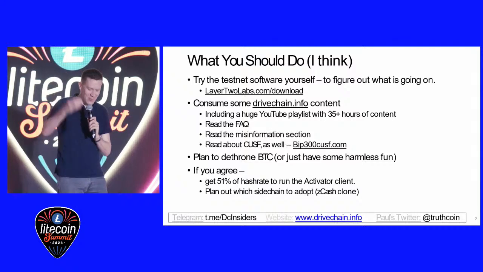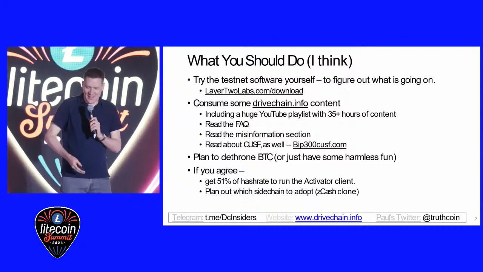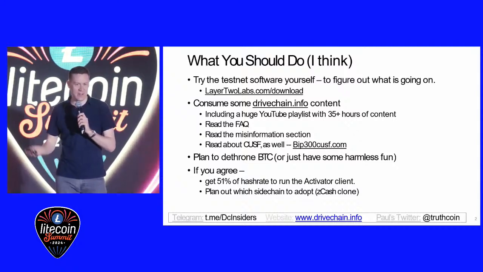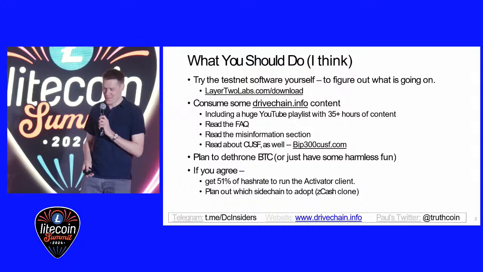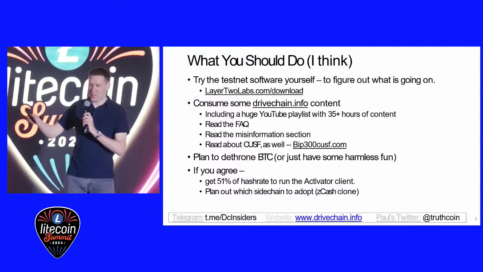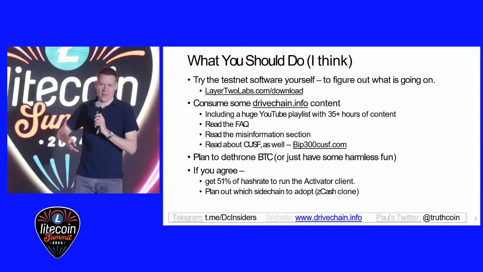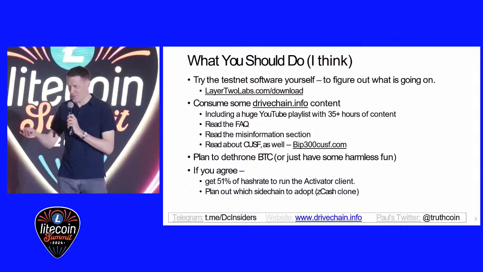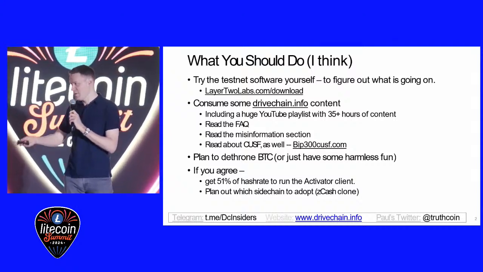So this is, in one slide, what I think people should do, and that is try the software. Go to layer2labs.com/download, and I'm going to give you some screenshots just so you see what this looks like. But just try it out. It has fake play money coins. So we have a faucet and everything. You can get coins. These are not Bitcoins. These are not Litecoins. They're fake coins, but they show you what the software would do